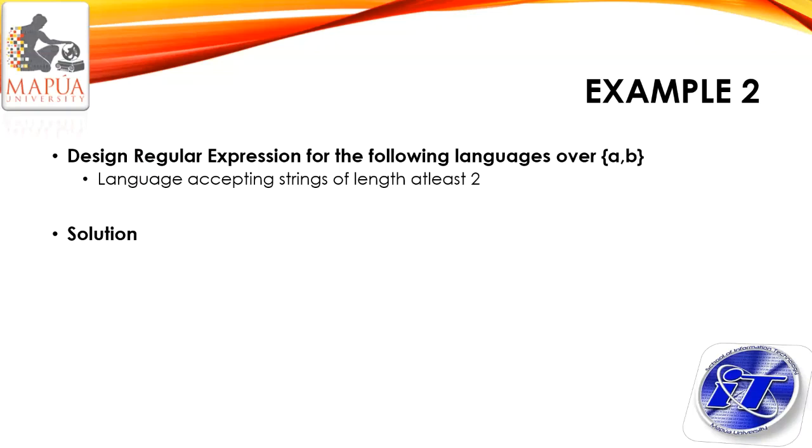So if we're going to implement the Kleene closure, or Kleene asterisk, we could have the regular expression for this language. We could list the acceptable strings, but since it is infinite,